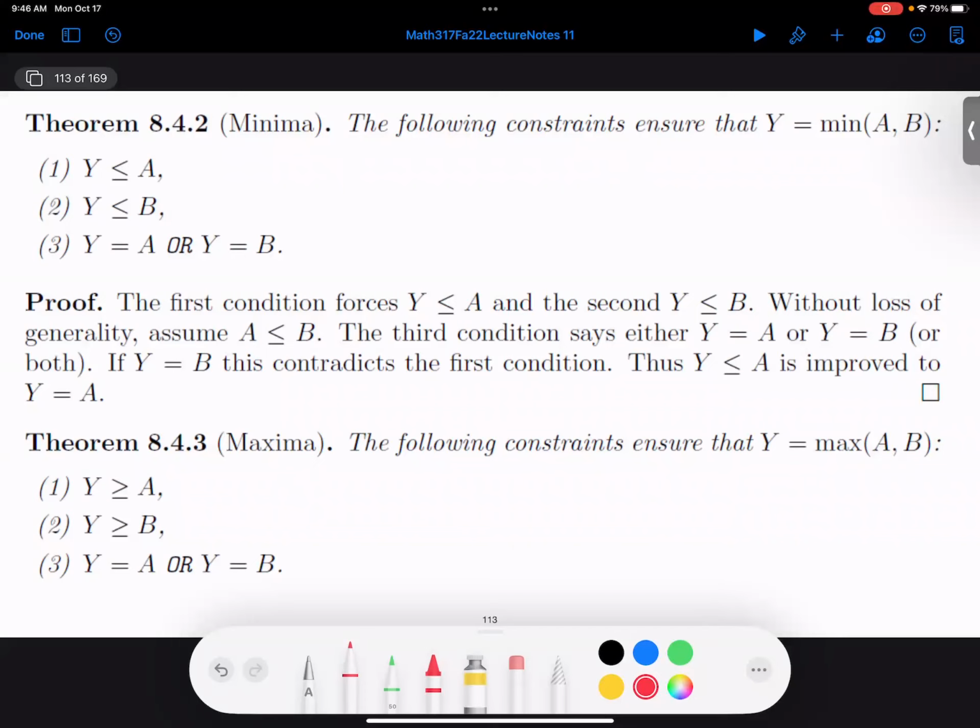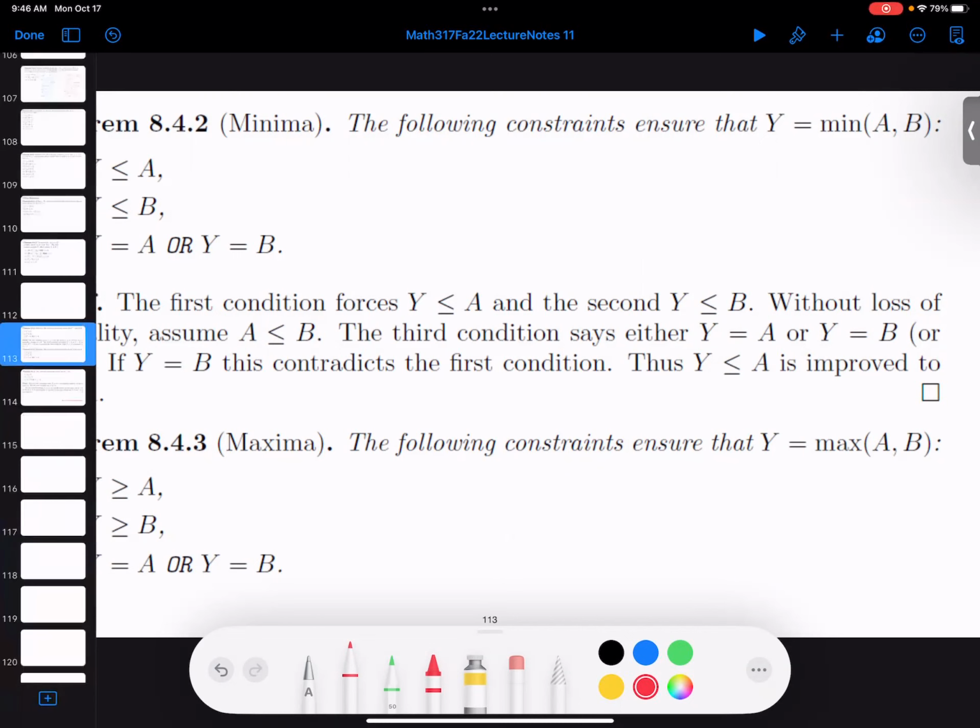The book goes through in detail your minima, so we can actually make sure that y is the minimum of a or b. And when you hear it said out loud, the minimum of a or b, maybe the or function might be useful. And the way you would code it is we just do the constraints with the or. And of course, when I have the or there, in the background is the fact that we had to introduce additional constraints. All right, then the next one is we can have a maximum, so we can have y is the maximum of a or b. Again, not surprising that an or statement is going to come in.